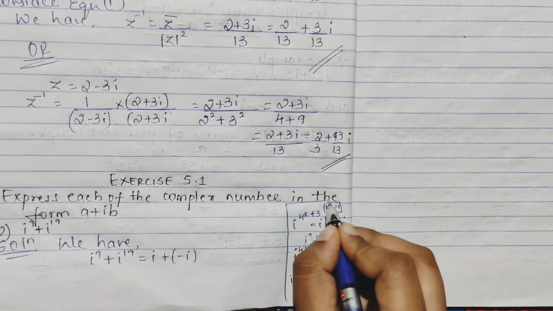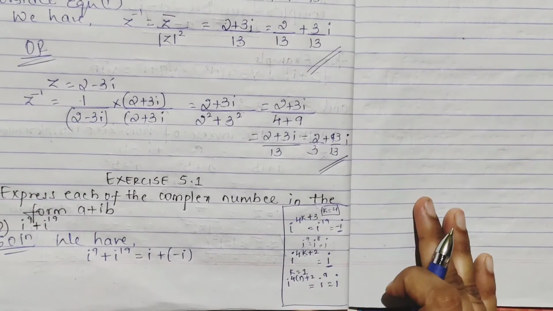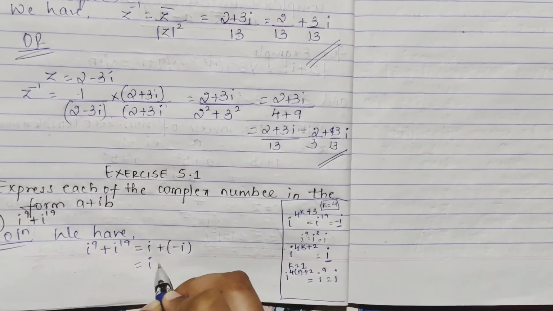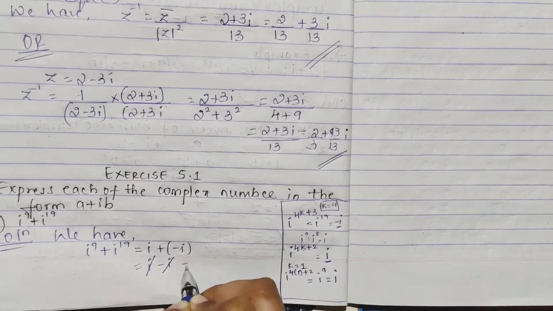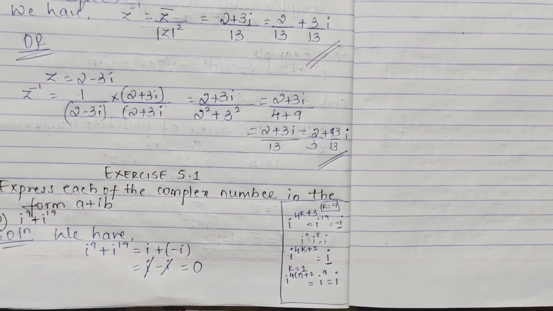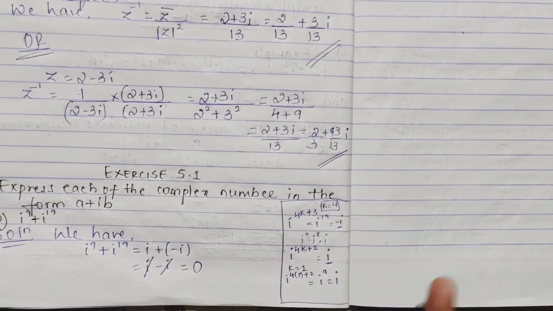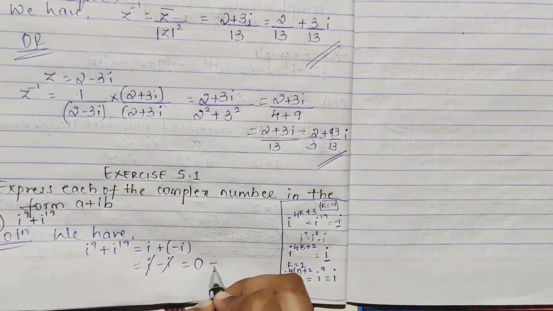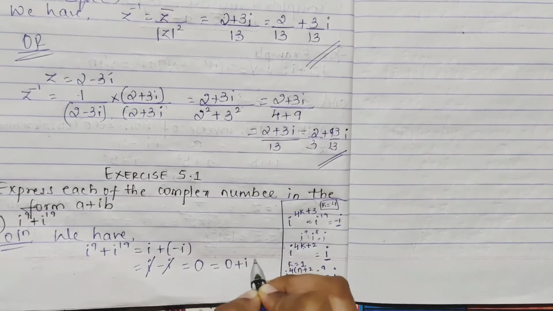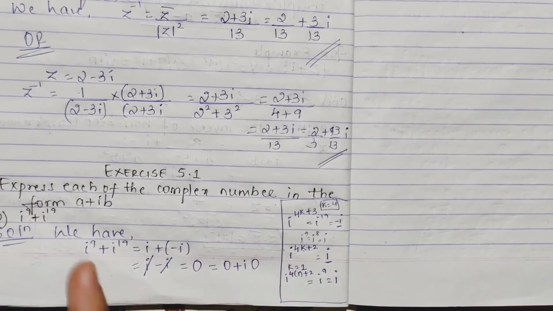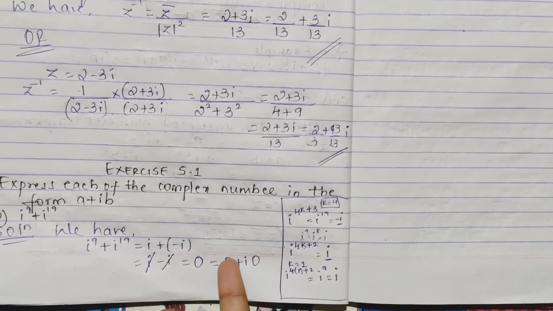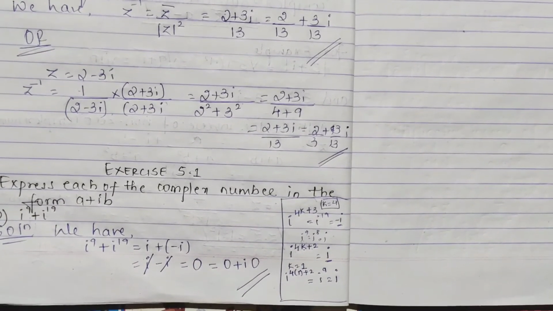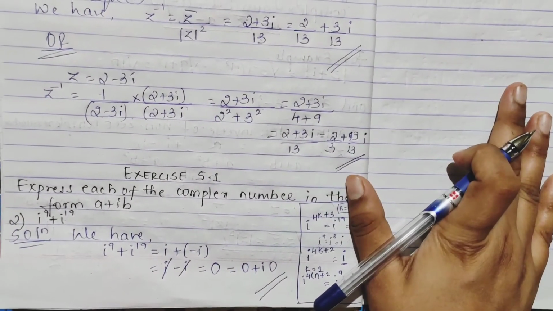So you can do like this also. Okay, you can do like this and see, directly you can put. So basically what you'll get: i plus, into minus, is i. So plus i minus i cancels and you're getting 0. So both the 0s you're getting. Your a is also 0, b is also 0. This form you can write 0 plus i 0, because they have said you to write in this form only. So I have written 0 plus i 0. Okay. Understood? Simple it is, not so difficult.